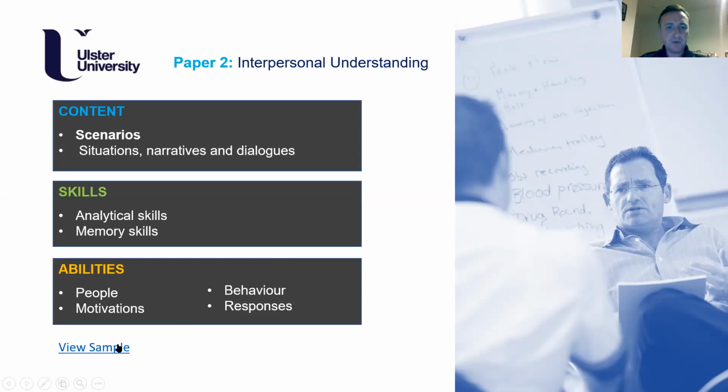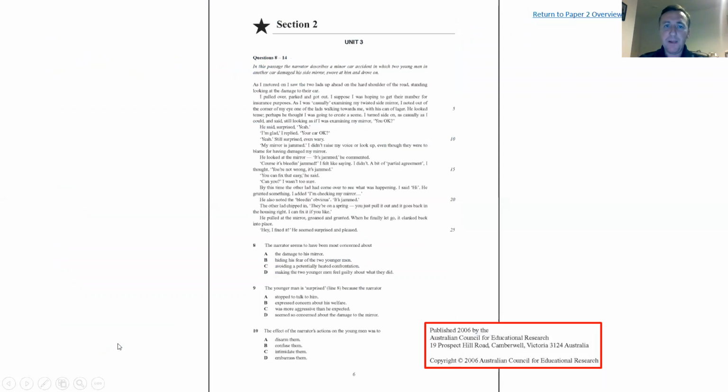So if we look at a question here, so again, quite a lengthy paragraph for you to get through. So in this passage, the narrator describes a minor car accident in which 2 young men in another car damaged his side mirror, swore at him, and then drove on. Okay, so you have to read through the paragraphs. Then the first question they're asking you is, the narrator seems to have been most concerned about, and then what is it? Okay, so you have read through it, your understanding, your interpretation of the paragraphs of the comprehension is,